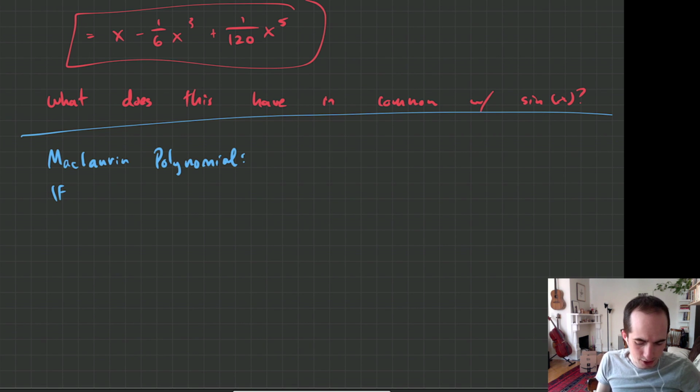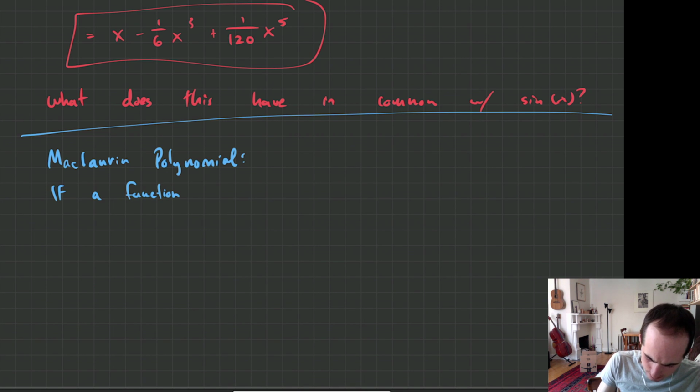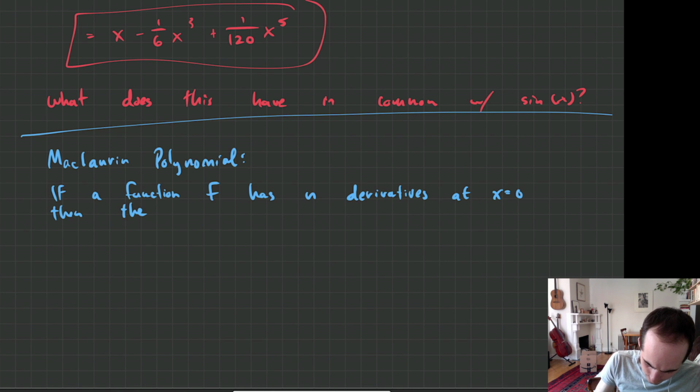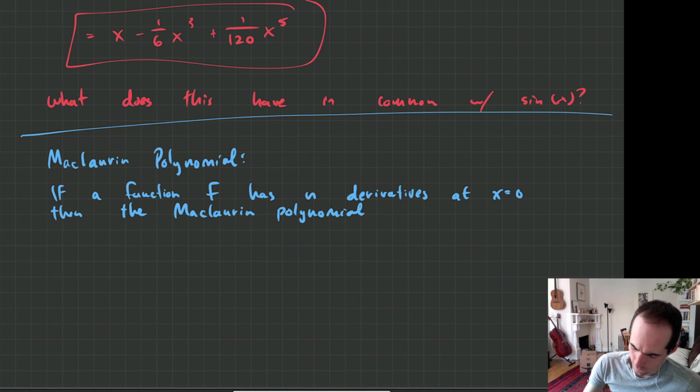So some functions don't work. But if a function f has n derivatives at x equals 0, then the Maclaurin polynomial for f